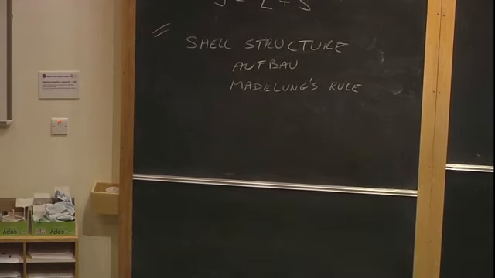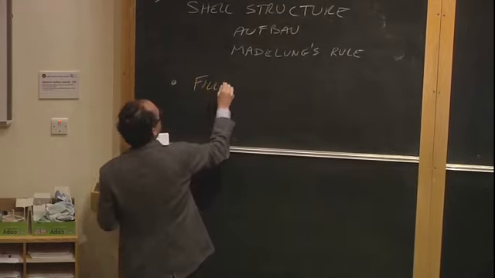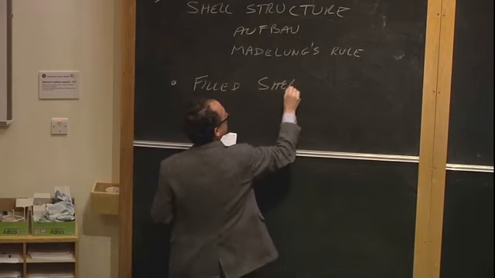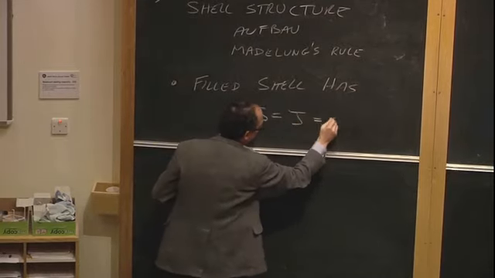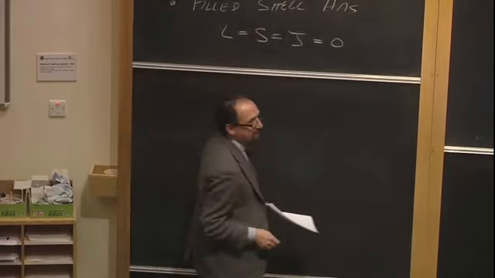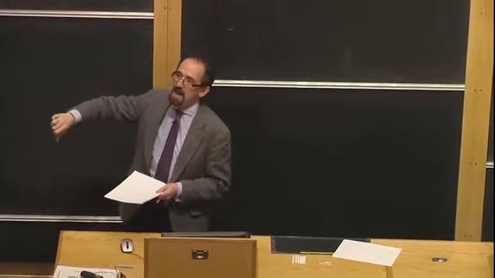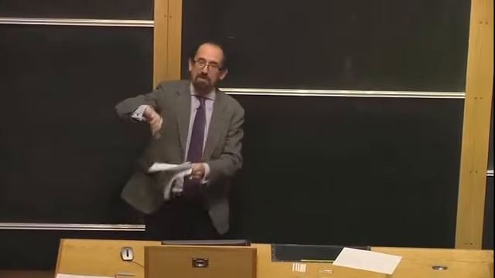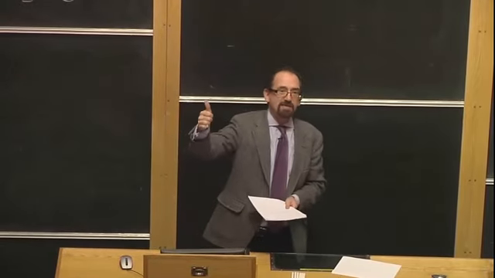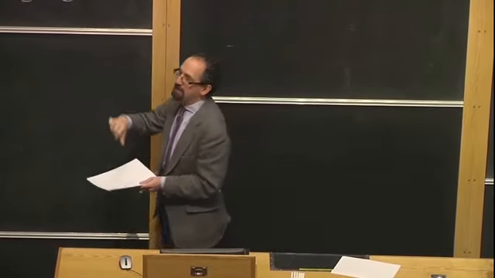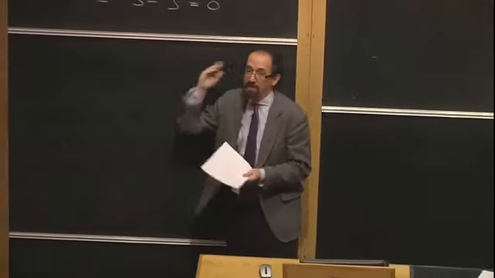And the reason that's going to help us out a lot is because there's an important principle that a filled shell has L equals S equals J equals 0. No angular momentum at all in a filled shell. Why is that? Well, we filled every orbital with a spin up and every orbital with a spin down, so the total spin is 0. The number of ups is equal to the number of downs. How about L's? Well, we've filled all the L_z positive states, and we've equally filled all the L_z negative states in a filled shell. So the L_z's all cancel each other,